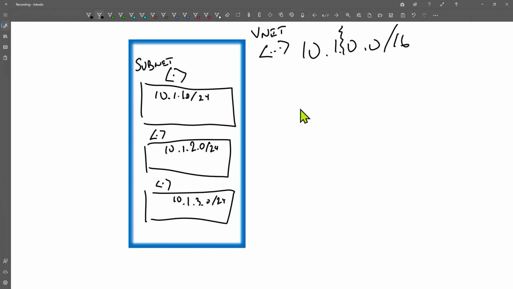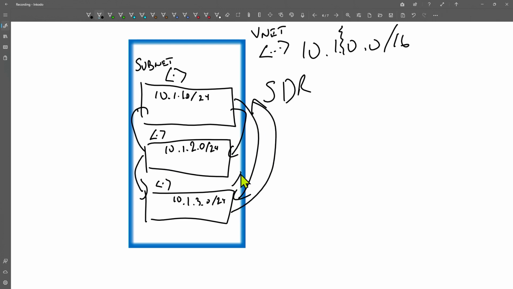By default, nothing can get into this VNet, nothing can get out of this VNet, and that's where you're going to start part of that security journey. But by default, everything inside of that VNet can talk to each other. So while there's 3 different subnets, we have a thing called a system-defined route. And by default, all subnets can talk to all other subnets within the VNet. I'll show you how to set up the permissions to block this down,